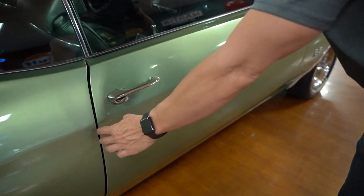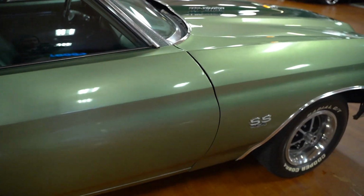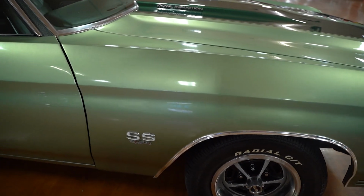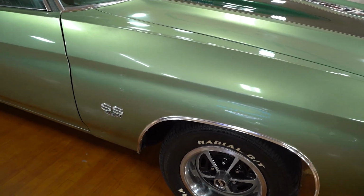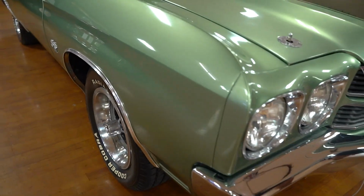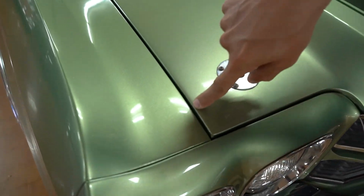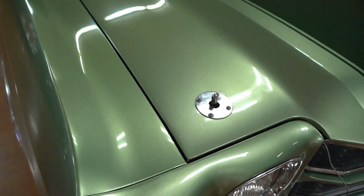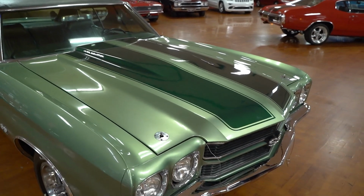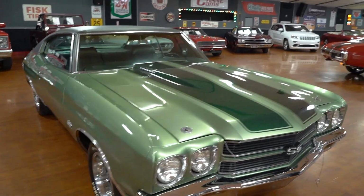Again, door gap, both front and rear, is a good gapping and uniform on the car. You got your matching SS454 designation on the passenger side front fender that mirrors the driver's side that we already showed you. That is about the only thing I've seen on the entire car right there. There's a little tiny brush touch where maybe the hood might have hit it, but I don't know if you guys can even see that. I can barely see it, and I'm standing right next to the car, but no, the car looks absolutely fantastic. Really nice looking